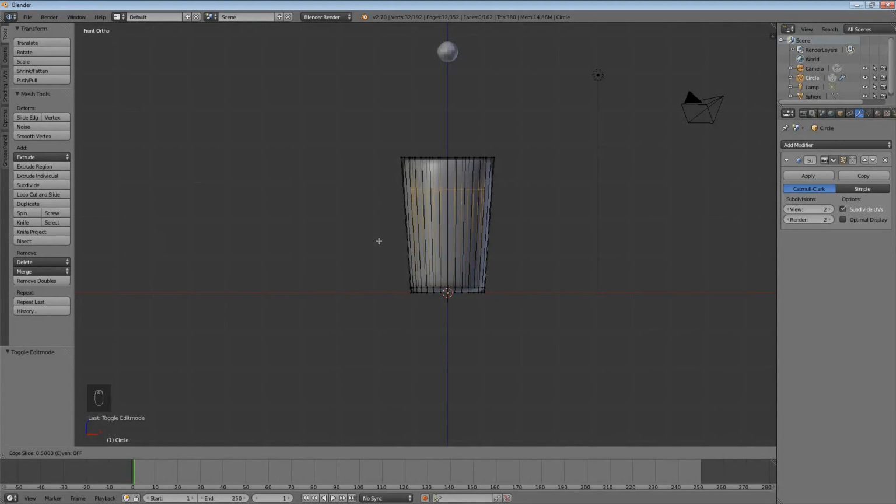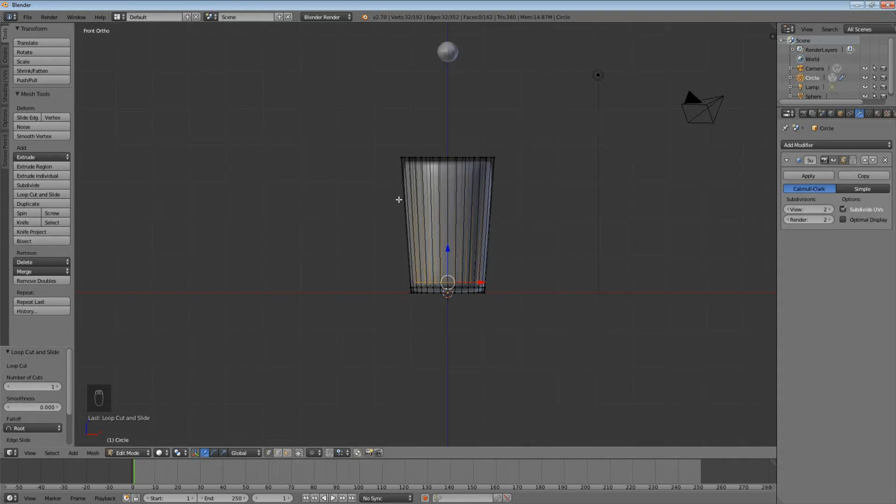And for me, for some reason, when I go up, it wants to go down. So you might have to do the same. And if not, then just do it normal. You just have to play with it a little bit. And you should be able to hit,